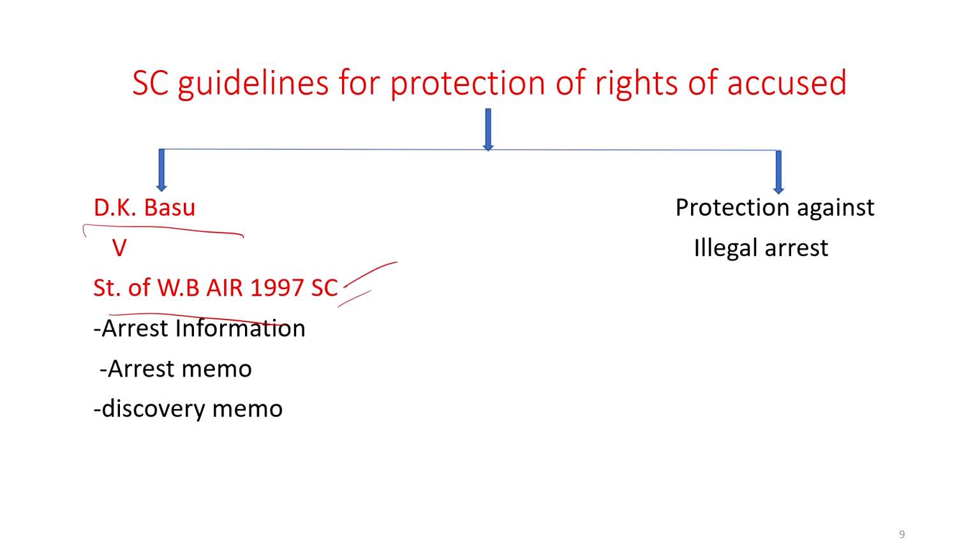I would like to highlight three important guidelines of this case: the investigating officer will have to prepare an arrest memo, and in that arrest memo the time, place, name of accused, age, and address must be specifically mentioned,